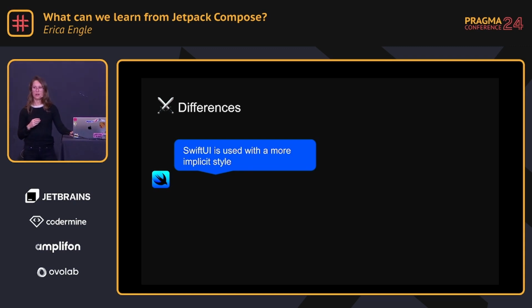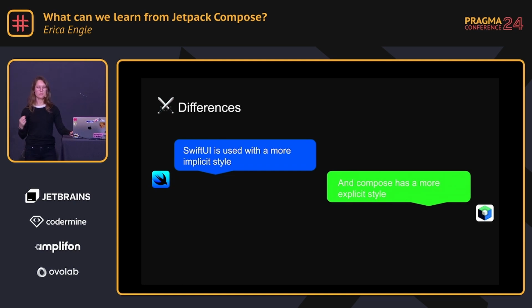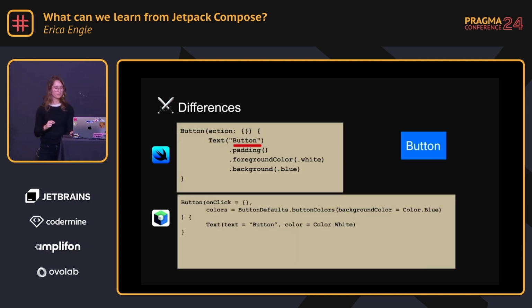A lot of the time I find when working with SwiftUI, there's a little bit more of an implicit style, and Compose a little bit more of an explicit. And you'll see what I mean when I look at this example. So we're sticking with our button. And if you look here, we're creating the button with button text. The background's going to be blue. You look at Compose, similarly we're setting button text, but there's a little bit more of a stated versus understated implicit style that SwiftUI has.